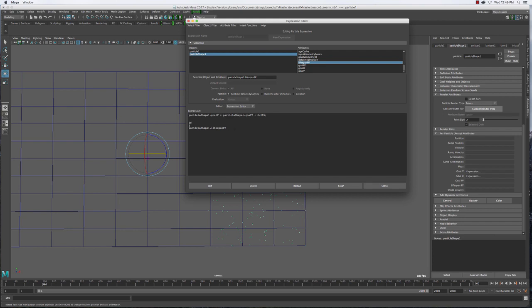So perfect, I can grab this if you want, and then you can say if goal V is greater than, you can say if it's equal to 1, but I think in this case it's better if you say if it's greater than, let's say, 0.99. Yeah? If that's true,